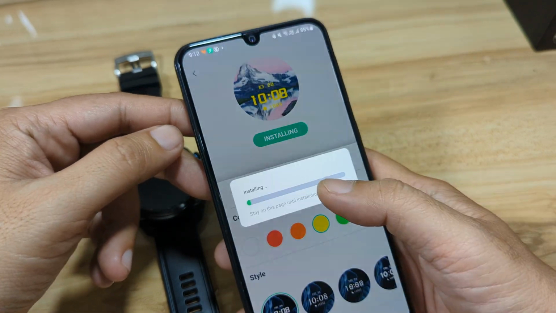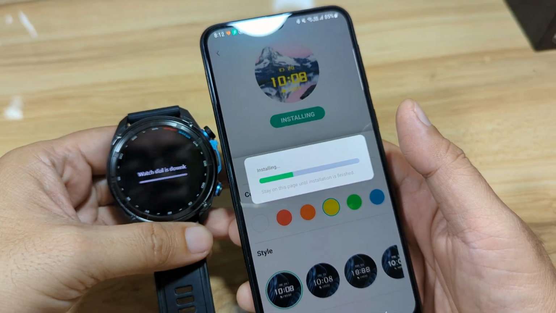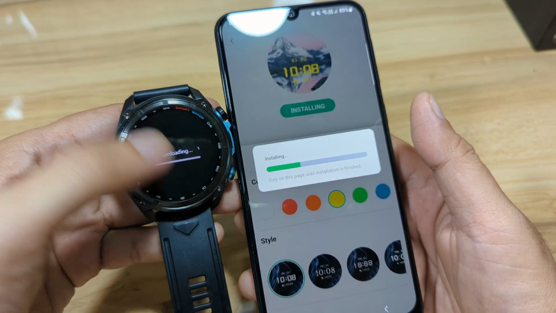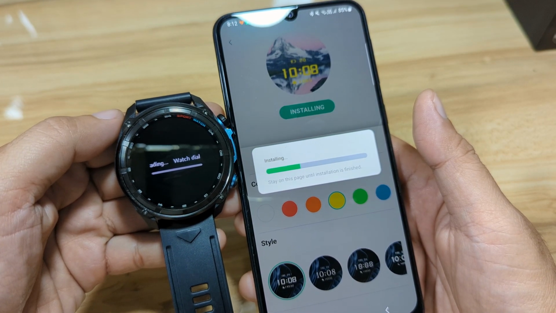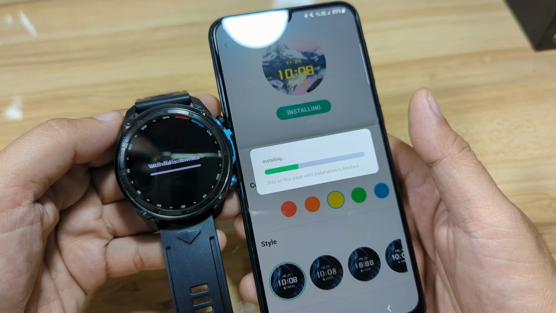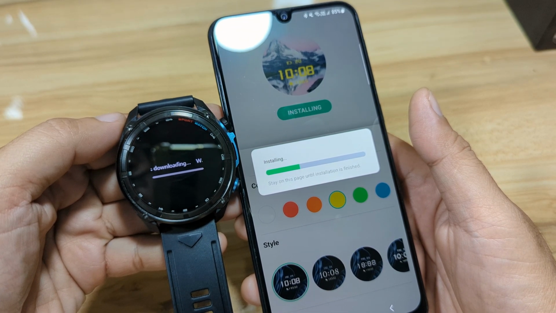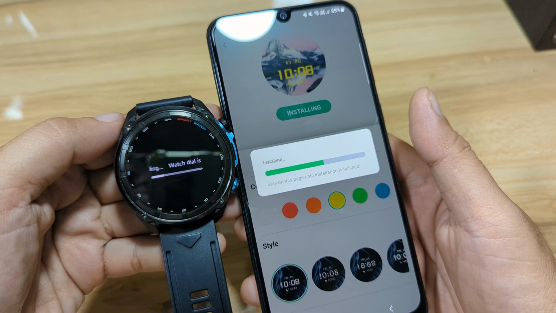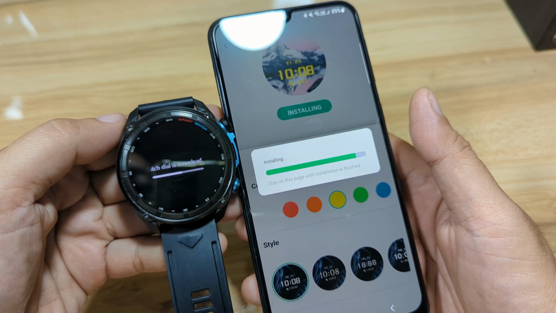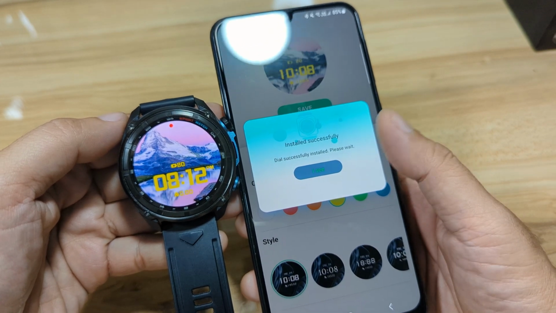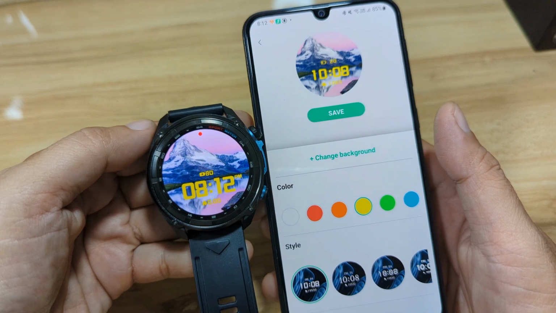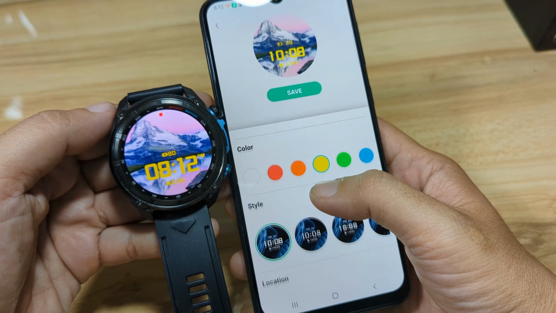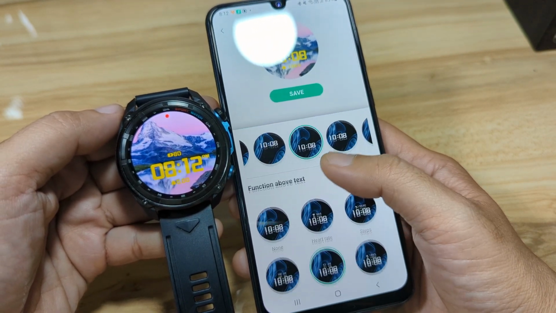Then save, and as you can see, it's also downloading the watch face in our smartwatch. So let's wait for the completion. Stay on this page. Installation is finished. Again, for this one, the option is only for the digital watch face.